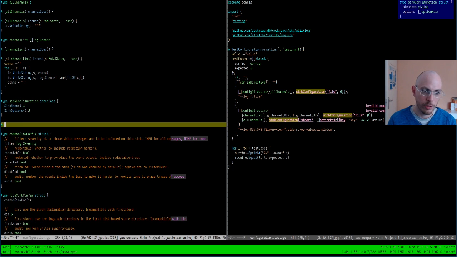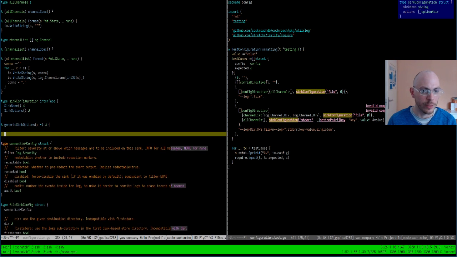So func generic sync options. I'm going to try this. I'm going to use reflection. I'm going to try to use reflection to format my options. So I take some config without knowing its type, and I'm going to return a string.